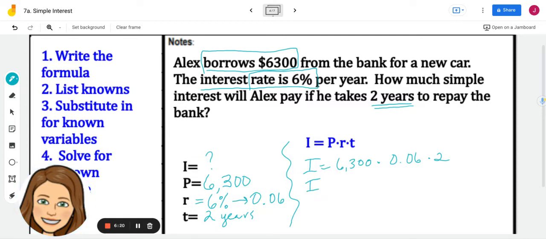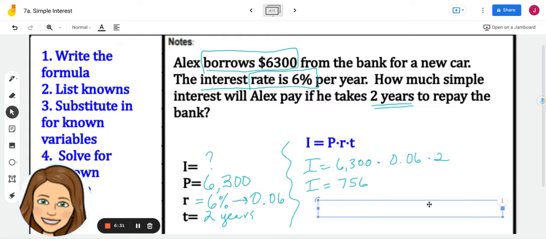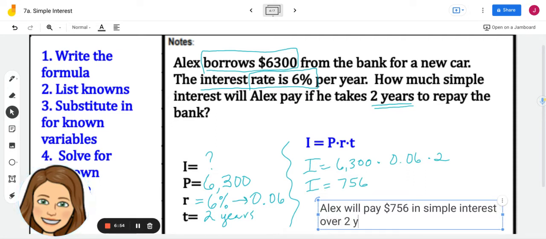Type it into your calculator, and you should get 756. So what we would say here is Alex will pay $756 in simple interest over 2 years. So what you need to think about here, what this means is Alex is borrowing $6,300 from